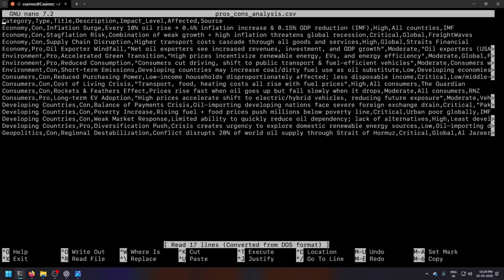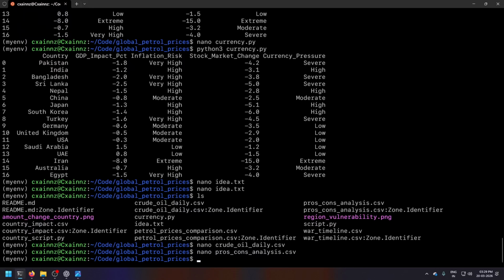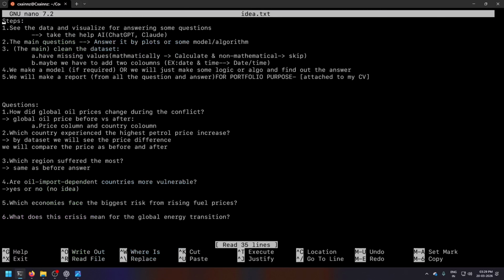Now the pros and cons: category, economy type, con, impact level, affected, source. These are some kind of social type of pros and cons. So to answer a question like this, what does this crisis mean for the global energy transition?